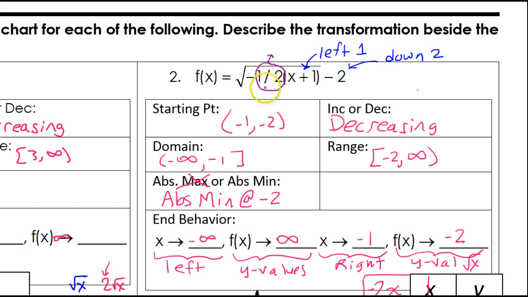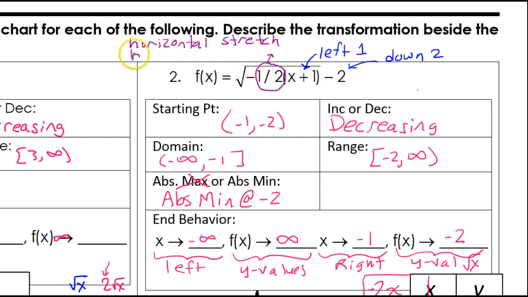But under the radical, everything is the opposite of what I just said. So instead of being a vertical compression, which means shrink, it's going to be a horizontal stretch